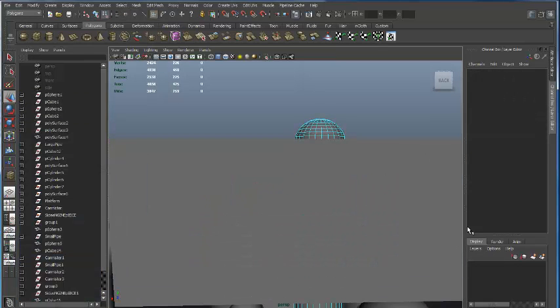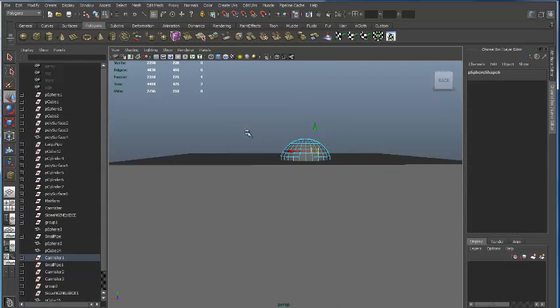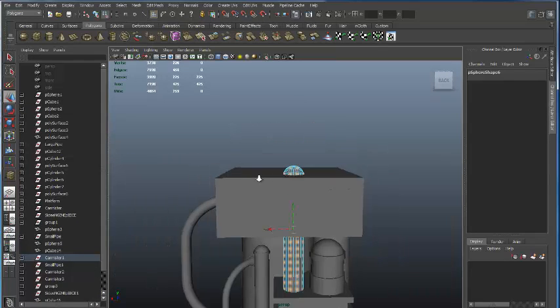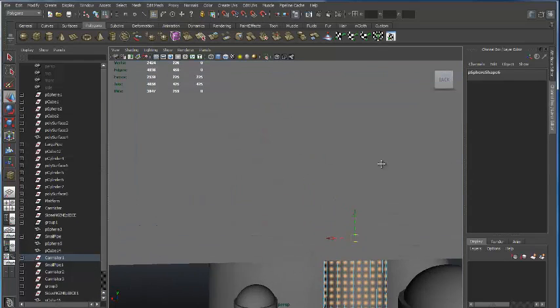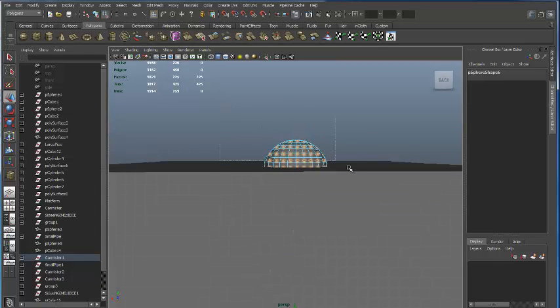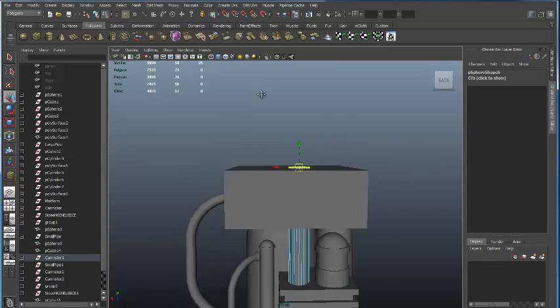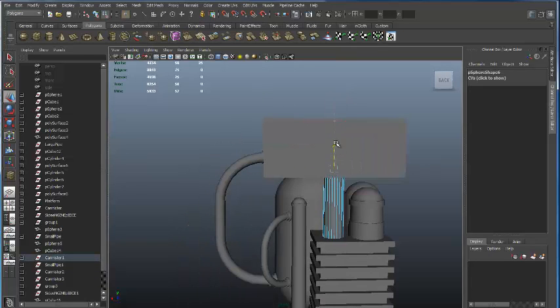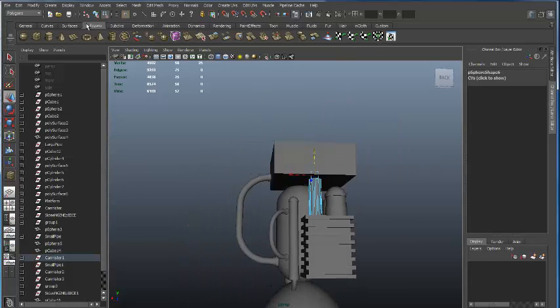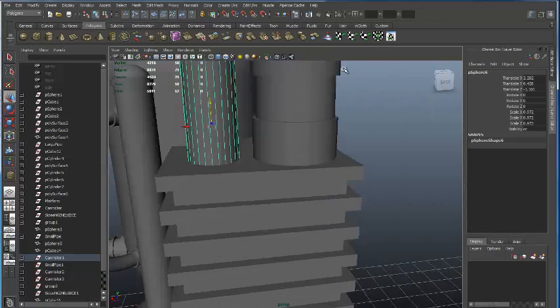So I just decided I'm going to go ahead and delete these faces here, just the top part of the faces that I don't need. I don't want that right there. So I'm going to go ahead and grab the vertices, move this piece back down, get it to fit in there. And then I'm going to scale that down and make some other versions of that